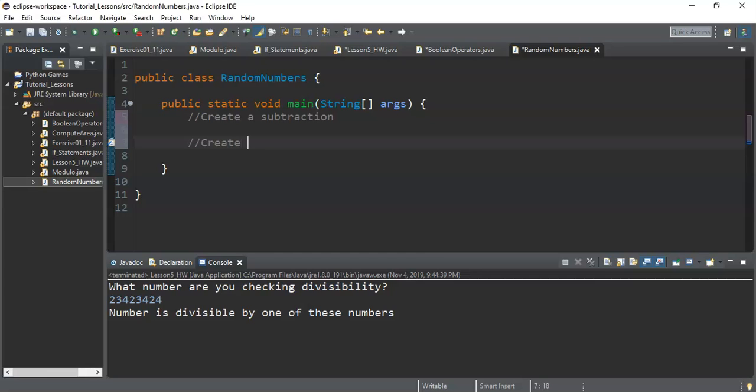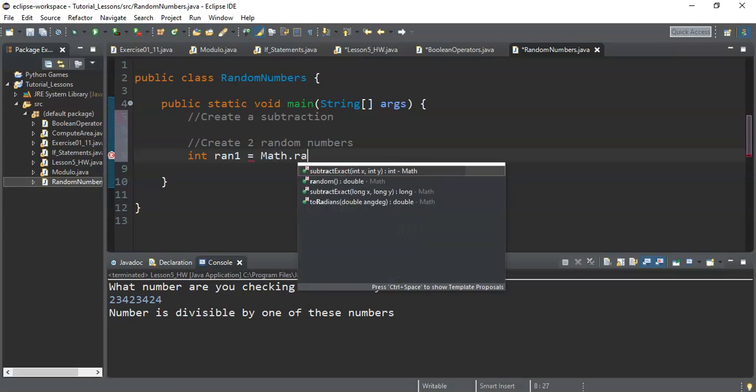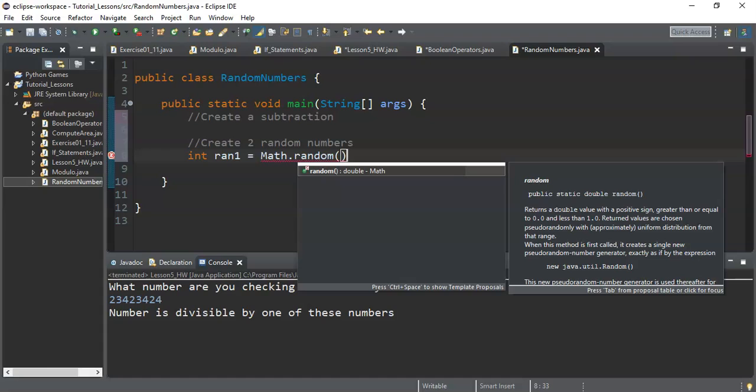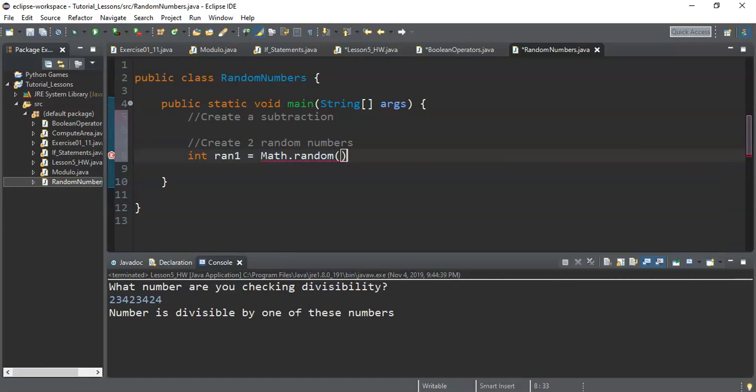So we will do int ran1 equals, and so when you are creating a random number, Math.random will create a random double value or decimal value that is greater than or equal to 0 but less than 1. So not equal to 1.0, less than 1.0, but potentially greater than or equal to 0. So essentially what that does is that if we multiply this by a certain number and force it to become an integer by casting it, and this is what casting is,